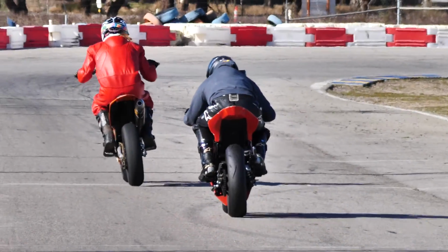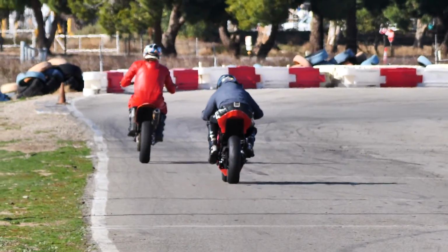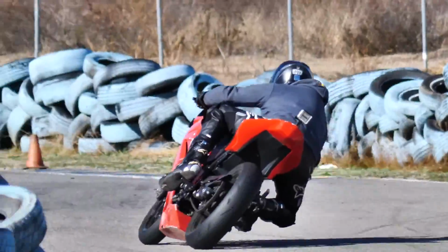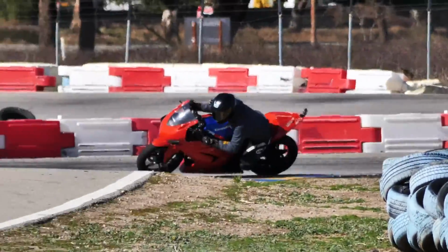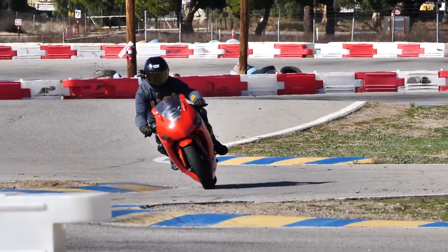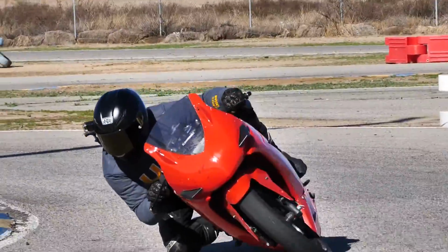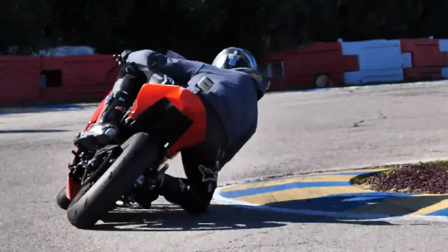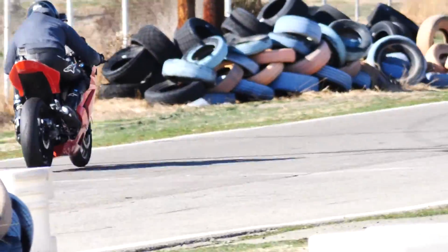So developing the feel comes down to just trusting the tires you're on, keeping your body position consistent, and also making sure that you are a consistent rider. Make sure that you're not erratic when you ride. Pick a riding style, stick with it, stick with your lines. You could always improve upon your lines. We're always trying to improve as riders. As long as you hold these three things consistent, I think that you will develop that relationship with your bike,